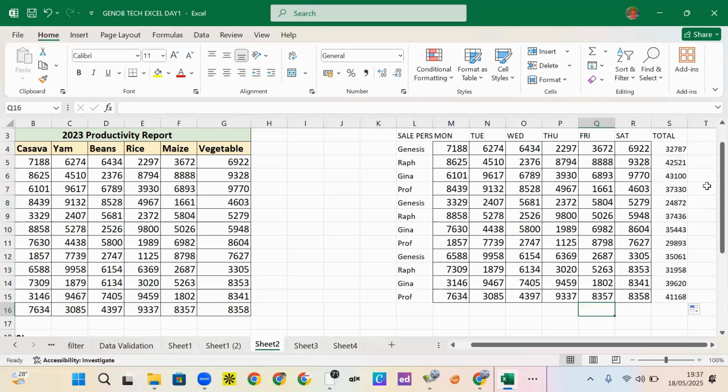All right. So now I have the total for Genesis, the total for Brad, Gina, and Go. What I want to do now is use a color scale to say, okay, when the value is higher, something should happen. But let me say they have a target that you must sell above 30,000 if you want to be incentivized,